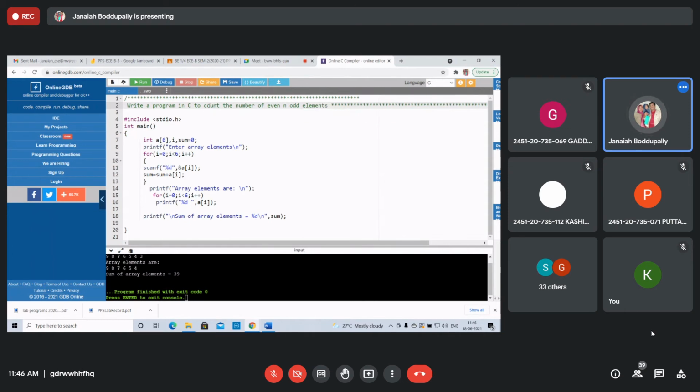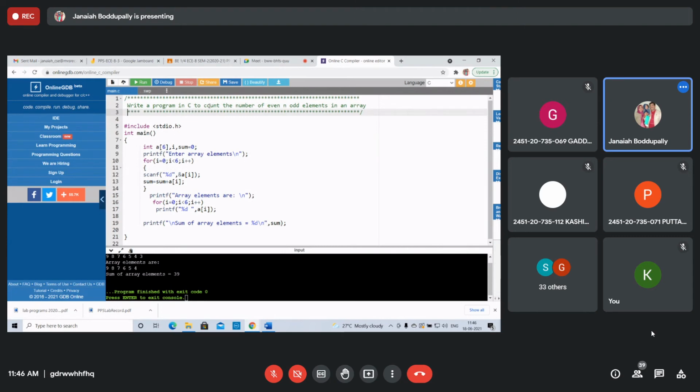Even and odd elements in an array. Whatever elements we entered. Right?